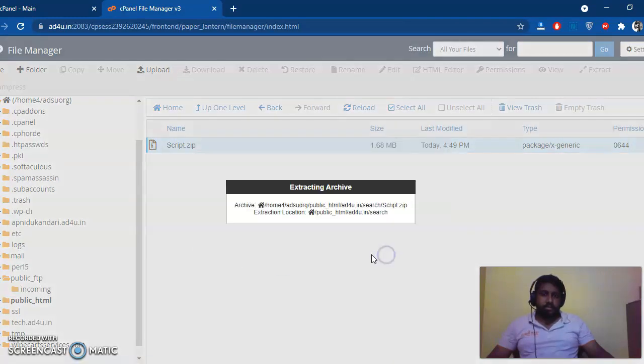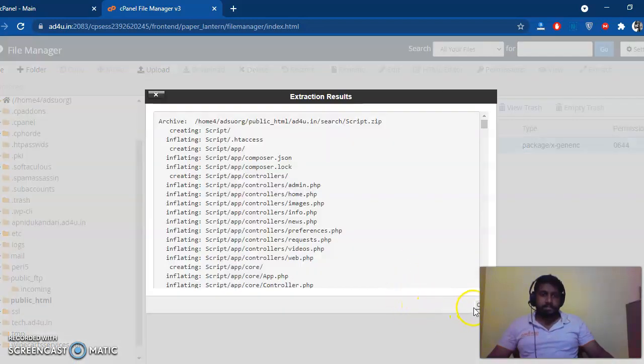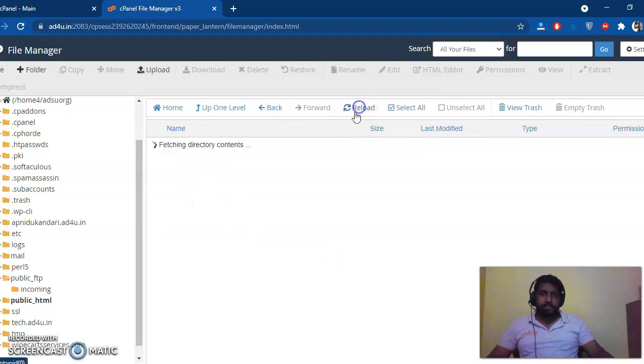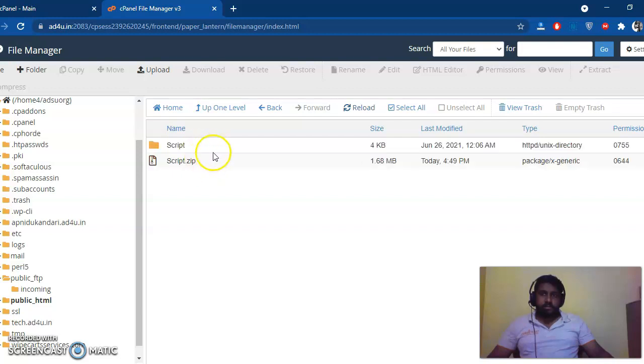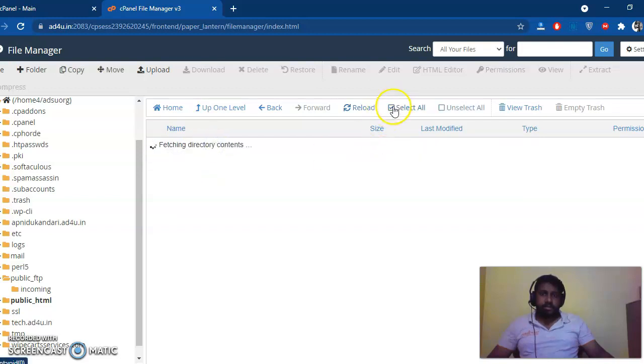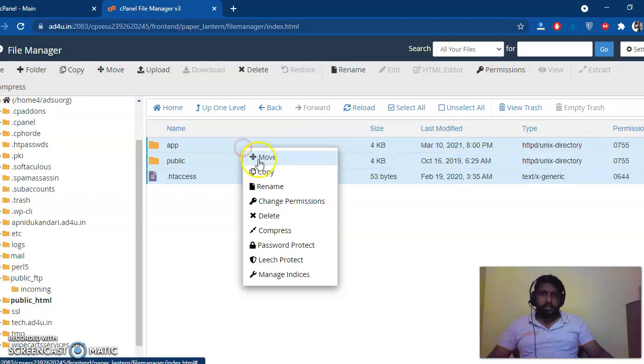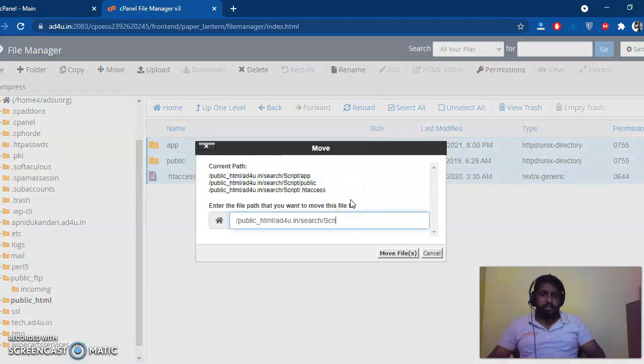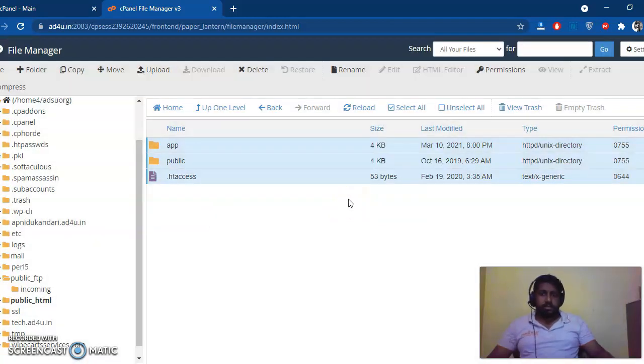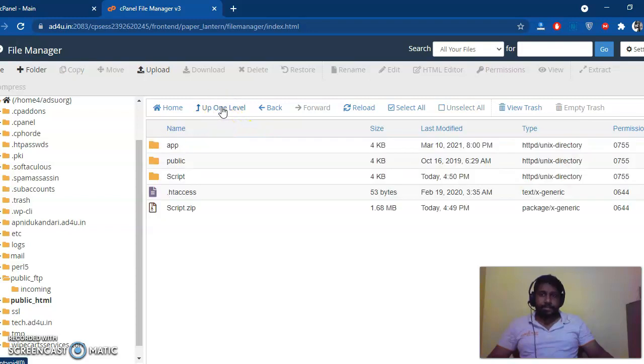Now I'm extracting it. After extracting, I'm moving these three files into the subdomain folder.